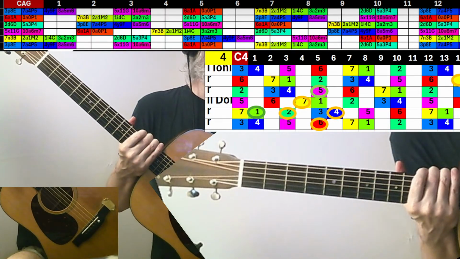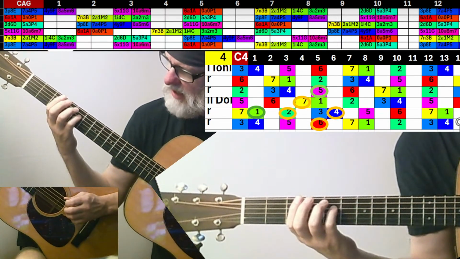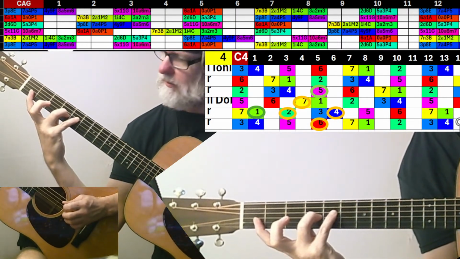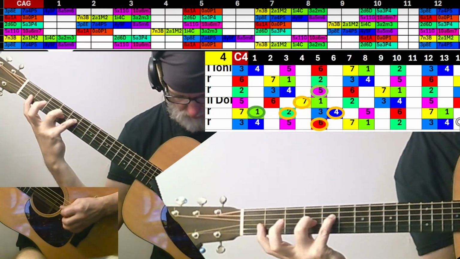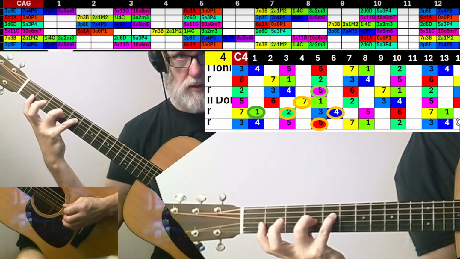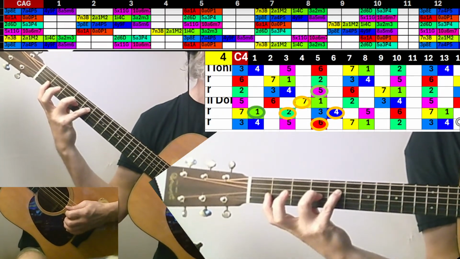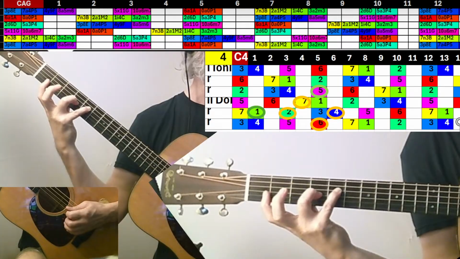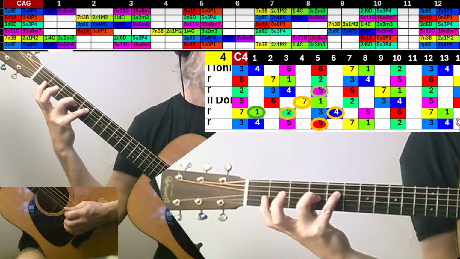Now, if I was going to play that, then I'd have to drop pretty much everything else if I'm going to play it back here with that one way back there. So from a normal naming convention, you'd call that something like a G major add 11 or something like that.